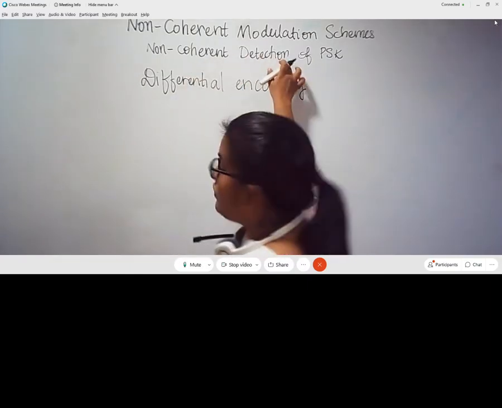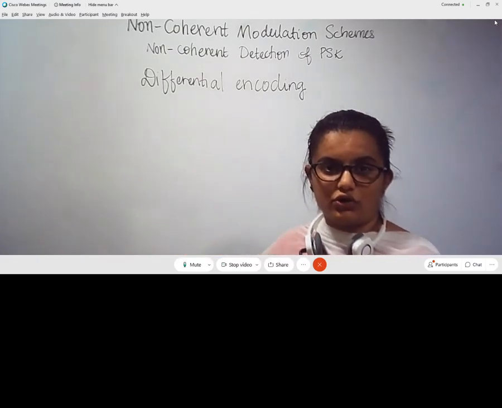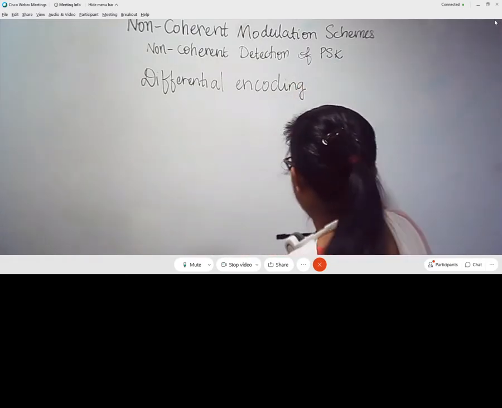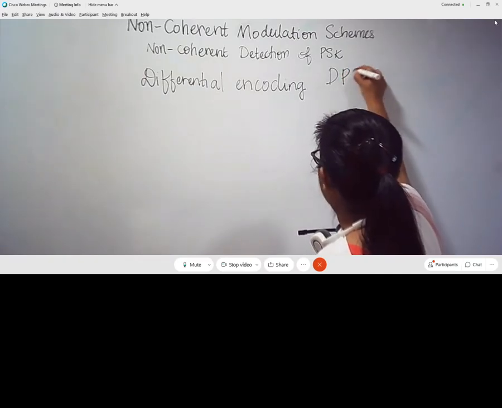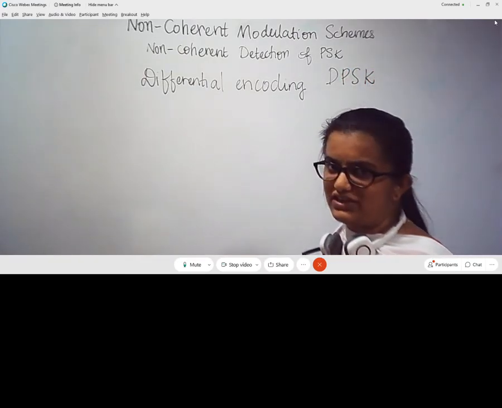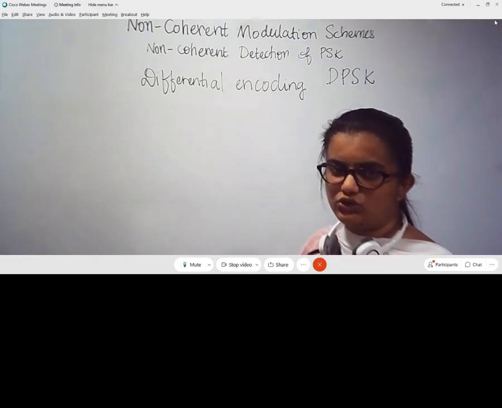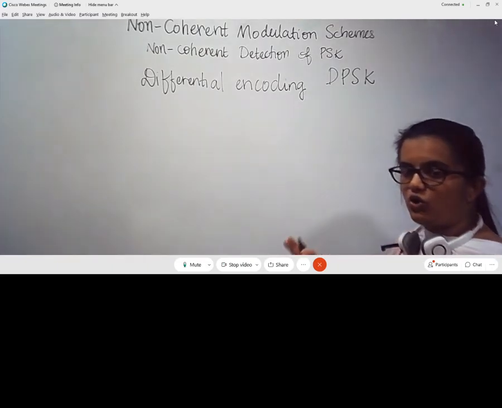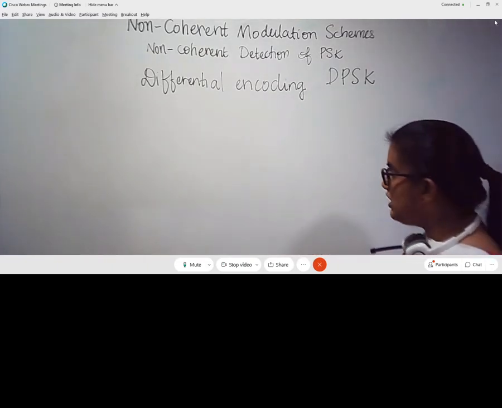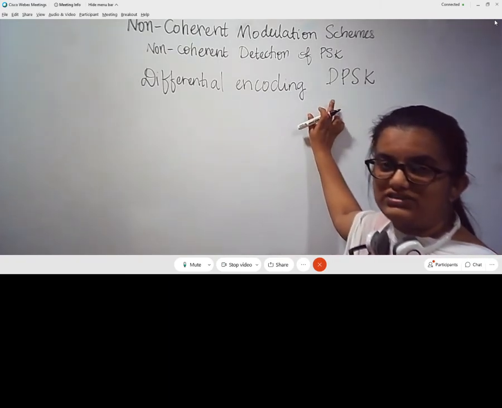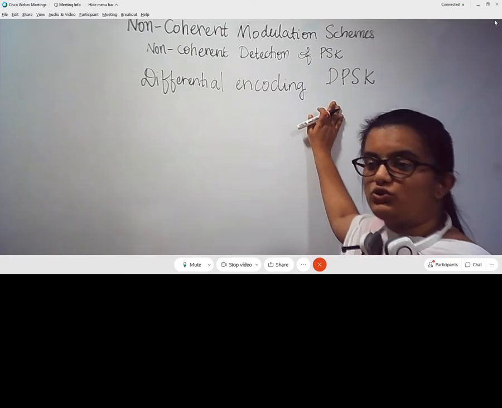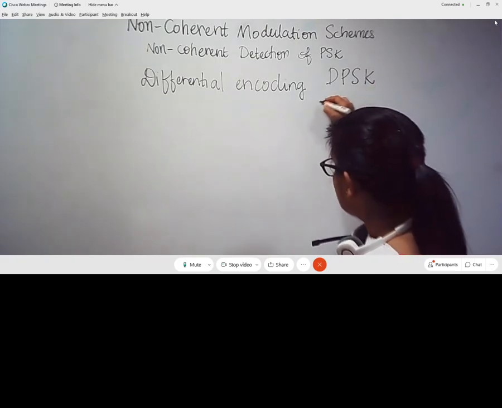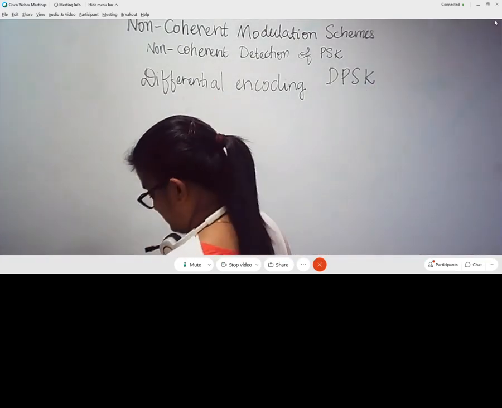Therefore, this non-coherent modulation technique, which is used along with PSK, we call differential PSK. This is very important. This is the most practically used PSK type when we are making use of only 2 symbols or 4 symbols. In PSK, mostly we make use of single-bit transmission, but this is a very minimalistic, simplest modulation technique that could be used in digital schemes. It is called DPSK in short, also known as differential PSK.